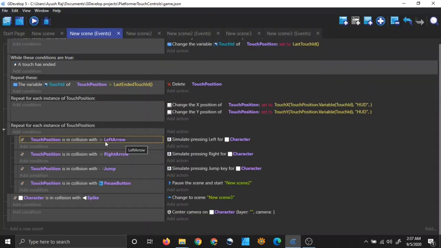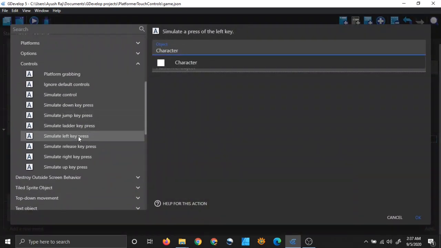I have done the same thing in all of them: once for left arrow, once for right arrow, once for jump, and once for my pause button. Right? And what actions have I done here? For left arrow, I am simulating pressing left for the character. Where will you find this? This is only applicable to platform characters.